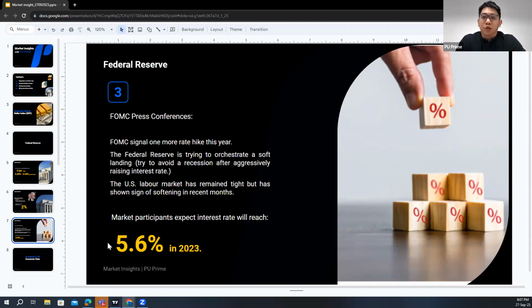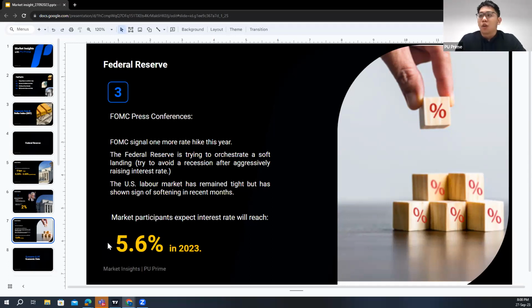So the Federal Reserve is trying to avoid that. What they want to do is tame the inflation and at the same time avoid getting into a recession. So far, we can see that the Federal Reserve can be considered quite successful in engineering a soft landing